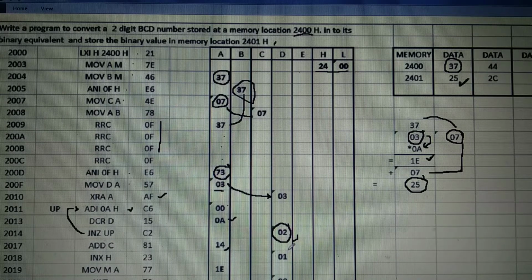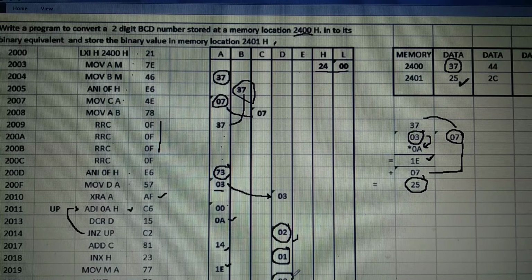Decrement D, you get 1. It is not 0, again go to the instruction labeled UP. ADI 0A, you get 1E. Decrement D, you get 0.